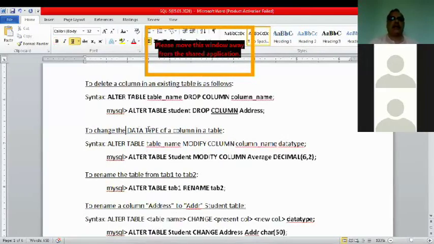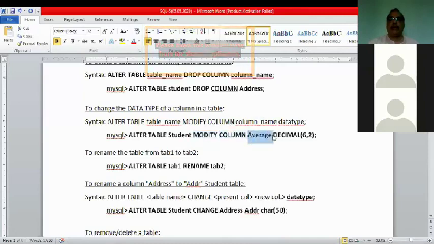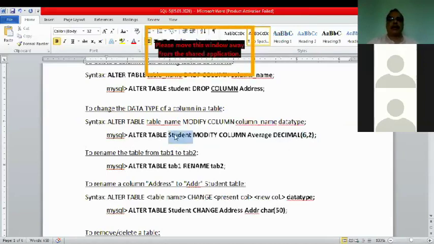To change the data type: alter table student, modify column name followed by data type. Say it was 5,6 and now I want to make it 6,2. So I will write alter table student modify column, name of the column with the new data type. I mean the new size, not data type, size.